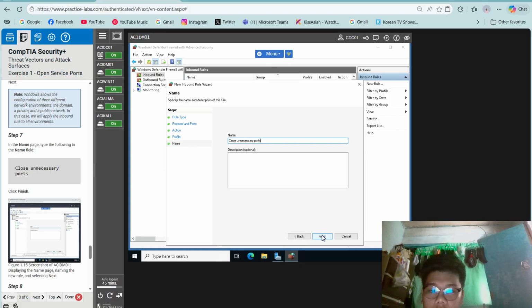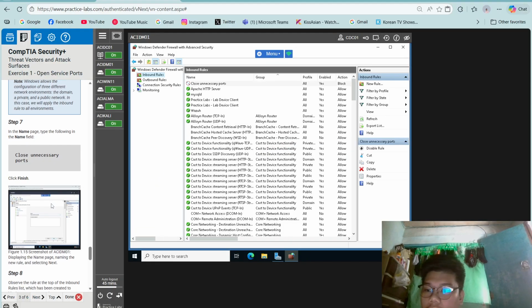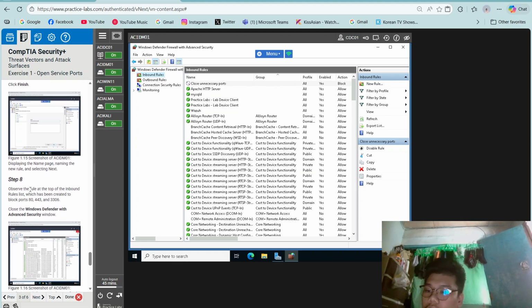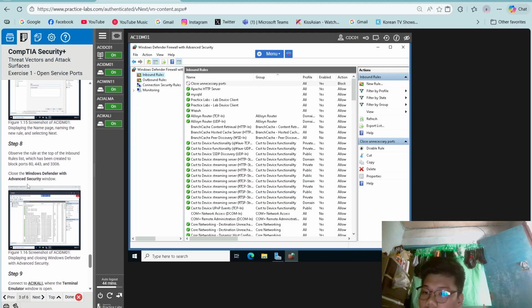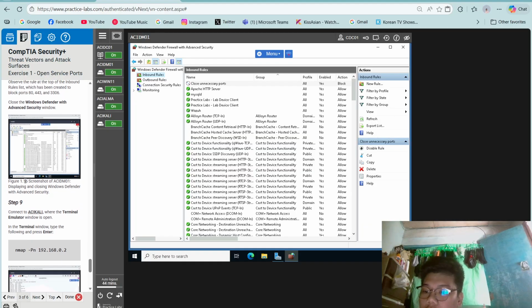Then click finish. Step 8. Observe the following at the top of the inbound rules list, which has been created to block ports 80, 443, and 3306. Close the Windows Defender with Advanced Security window.